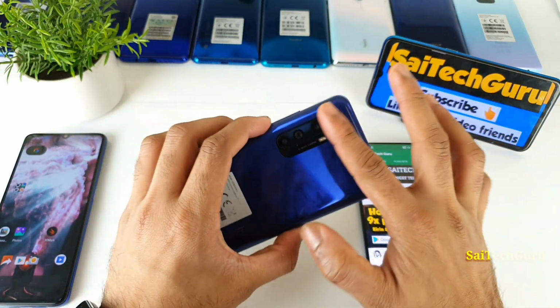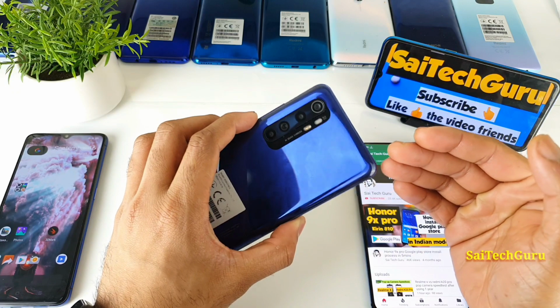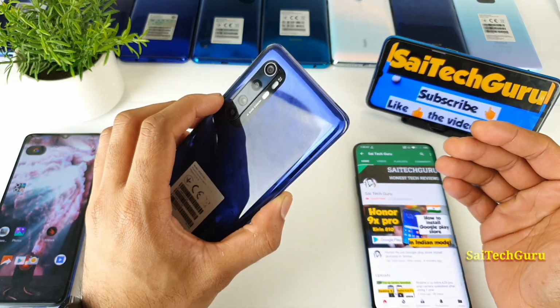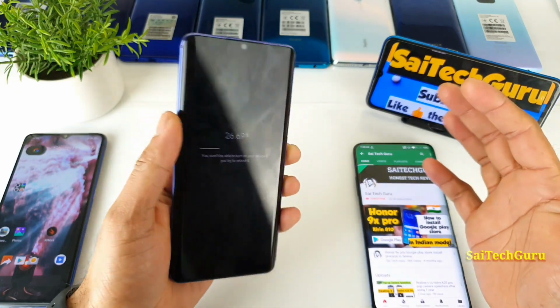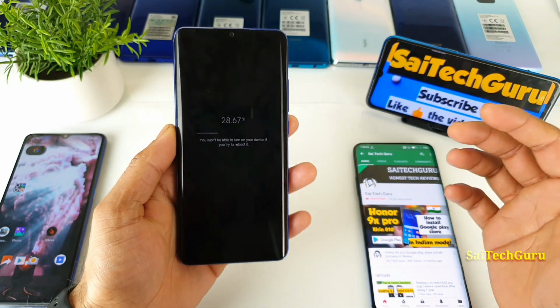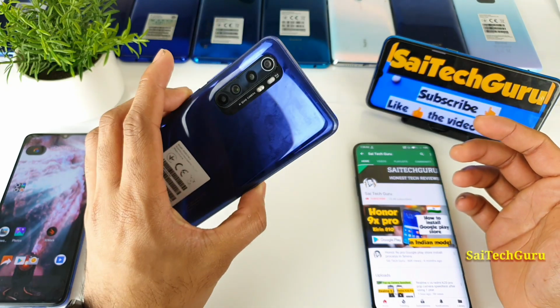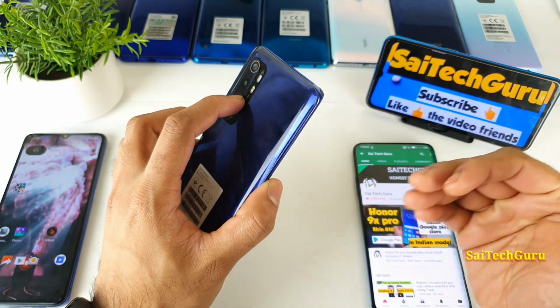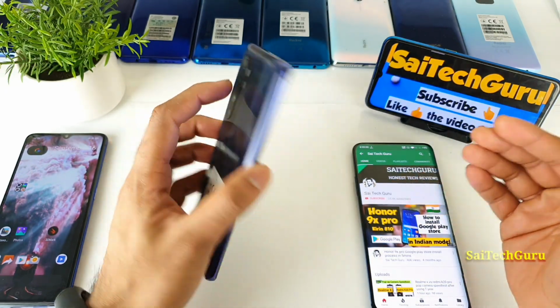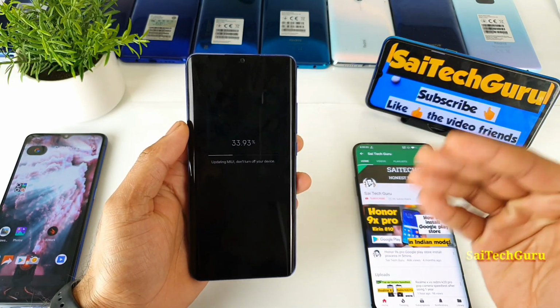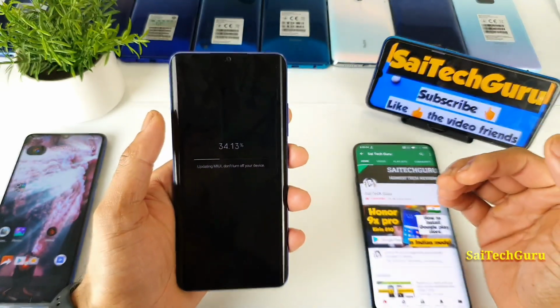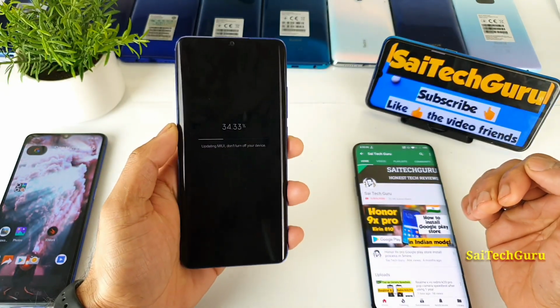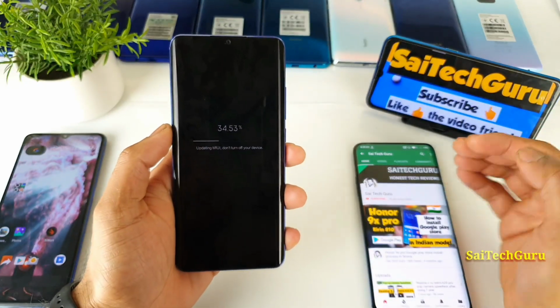Before the MIUI 12 update, on MIUI 11, I used to get very good battery life, close to 10 hours of screen on time. In the initial days of buying the phone, I did not get much battery backup, but after a few life cycles of this battery, the battery backup got very good, and I was able to hit that margin of 10 hours.